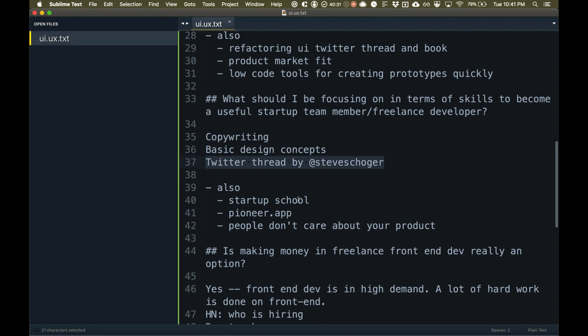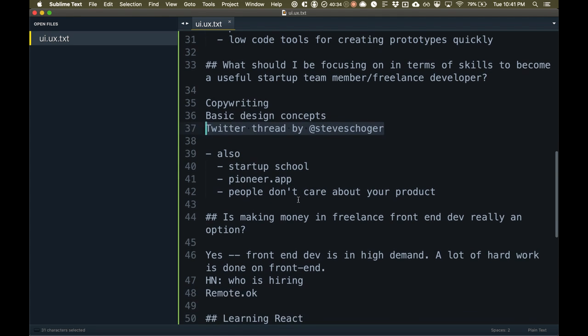So the next thing I want to talk about is developing your own products. The number one thing that a startup's looking for is that you've been able to build something of your own and bring it to market, in a big launch or a small launch, right? It could be super small. And actually recruit some users to it and get some feedback on it. If you can do that, even with just one product, you're going to be so much more useful to any startup that could hire you.